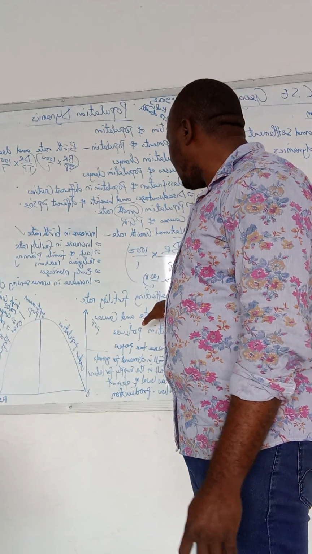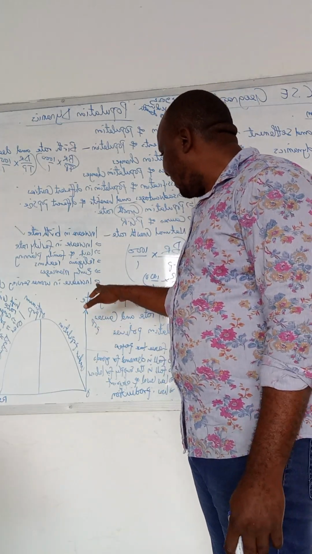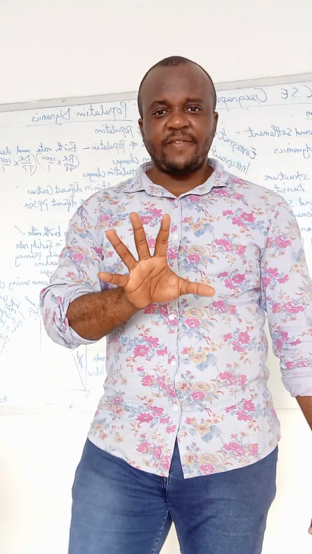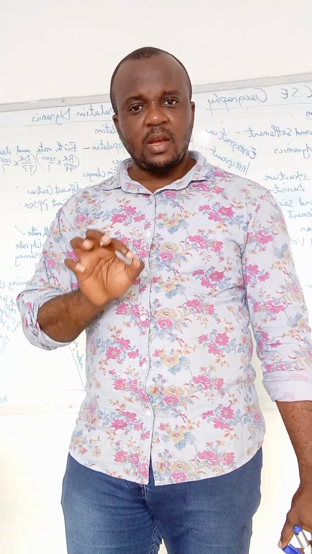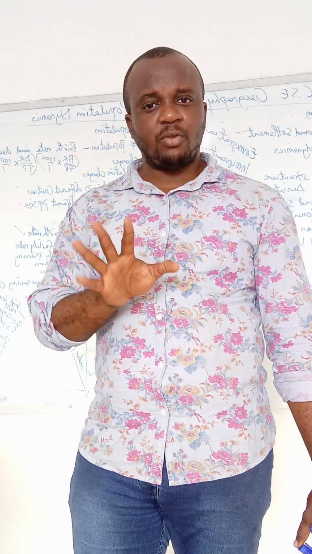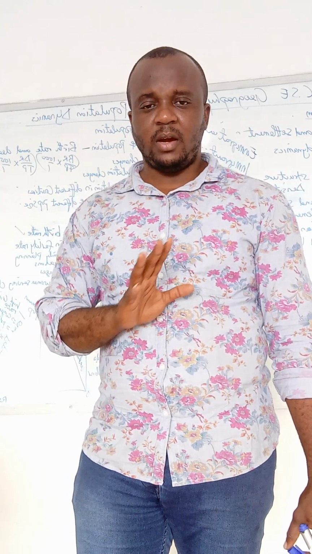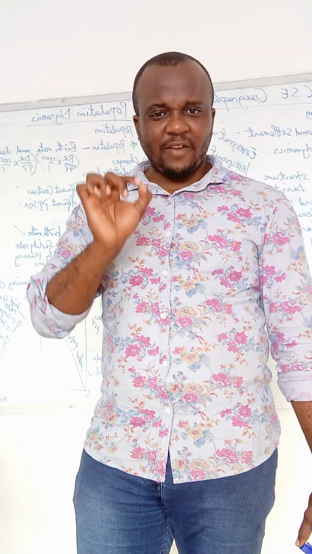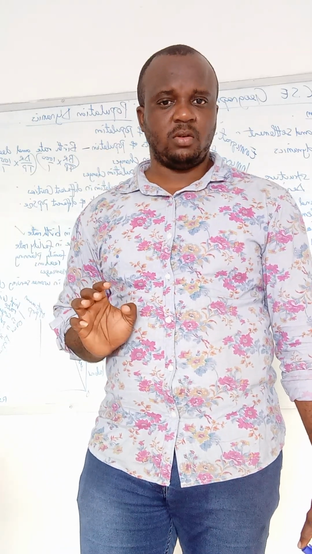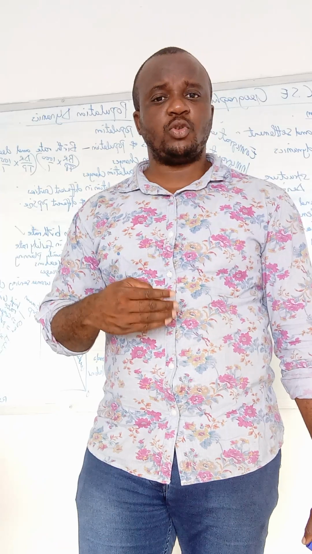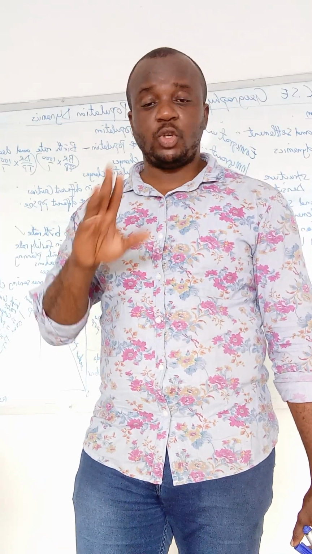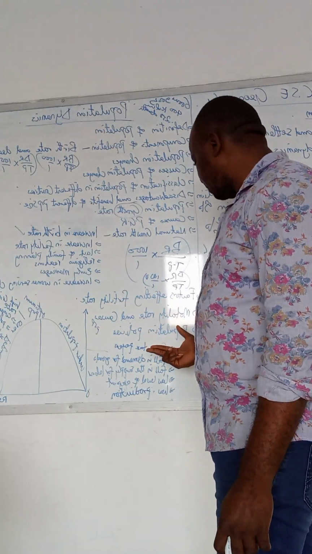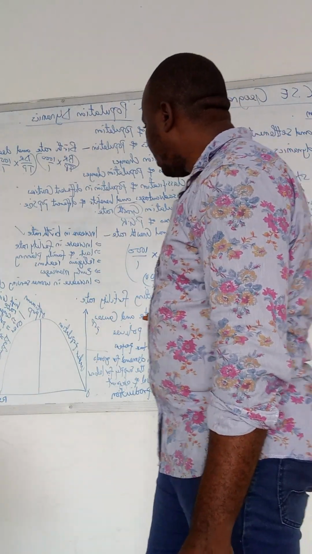So, what are the factors affecting the fertility rate? Now, I said fertility rate is the total number of kids that a woman is bound to give birth to during her lifetime, during when she's alive. But there are factors that can affect it, that can make it not to work. That can make the woman, if she was supposed to give birth to 10 children, give birth to 2. What are those factors? Number one, the factors are